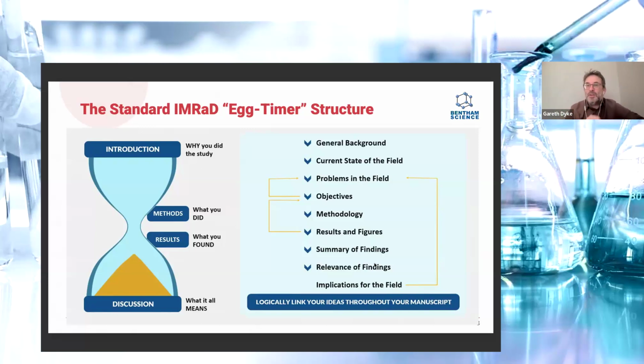Here it is. We usually describe it graphically in the form of an egg timer shape, an hourglass shape, because this is the overall shape that your research article will actually have if it's well written and effective. A broad and general introduction that gets narrower as you move down towards the methods and results. And we'll talk about how that works in a moment. And then a discussion section that does the opposite, that starts off very specific and then gets broader, gives the reader the interest, the broad context to the study.